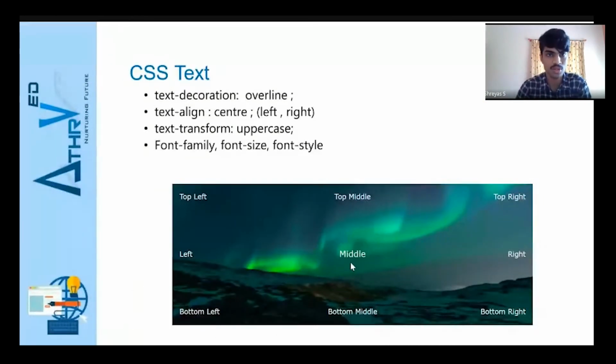Text decoration overline: if we give a text decoration as overline, there will be a line above that text. We can align the text as center, left, right, and we can also set font family, font size and font style.